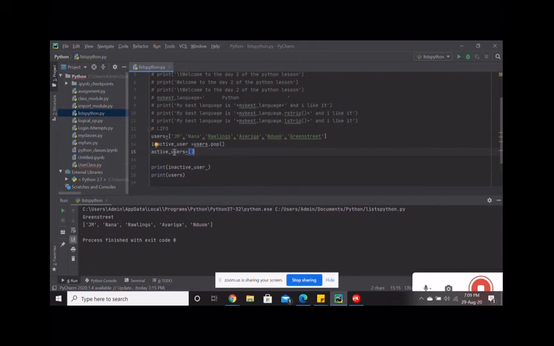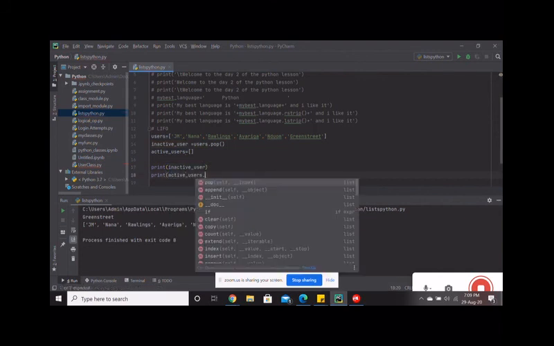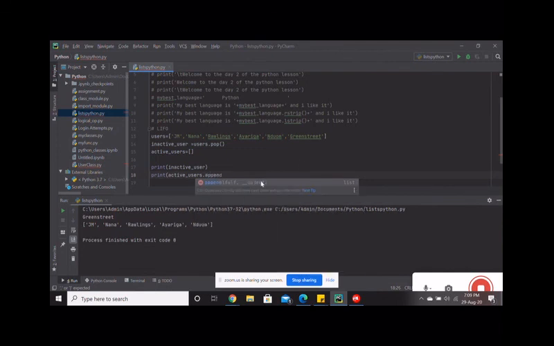So inactive user will be equals to dot, oh sorry, no, active user equals to append what,